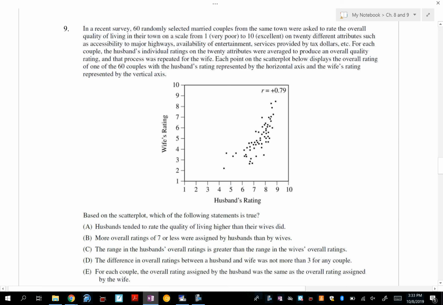Okay, so they're basically asking couples to rate how good it is to live in their town. So the first thing I notice, I actually don't notice that first, but you could if you want to describe it. I would say it's curved, positive, and moderate. It says r is almost 0.8, but it's curved, so I don't really care about r, right? But what I do see is that the husband's